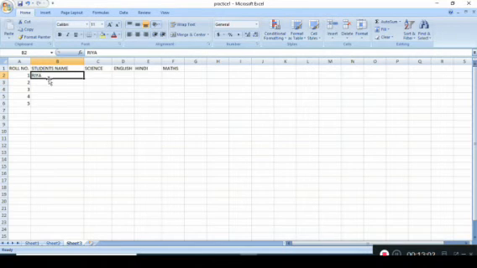As I told you in the previous video, whenever we write a digit in any cell, it appears at the right side of the cell, and whenever we write an alphabet, it appears at the left side of the cell.